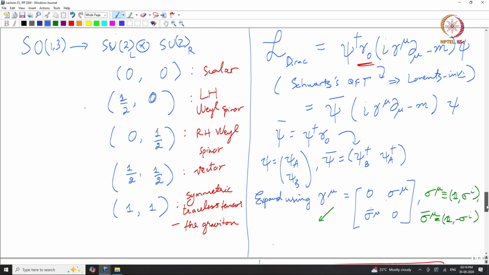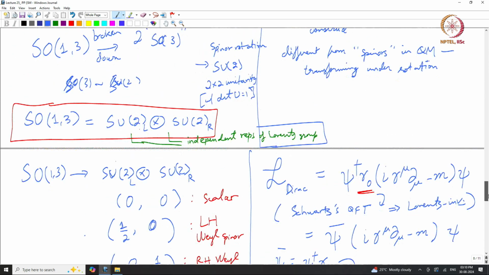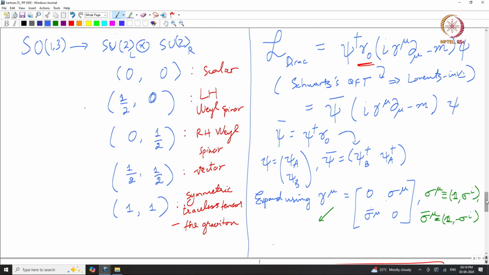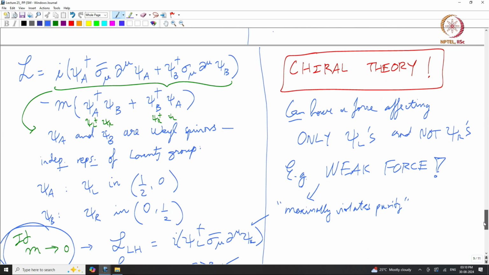They are represented as Weyl spinors or two component spinors, correct. And this is something that we saw by also breaking down the Dirac equation into the Dirac Lagrangian rather into two component spinors, and we saw that the kinetic terms came independently, right, as far as the left handed and